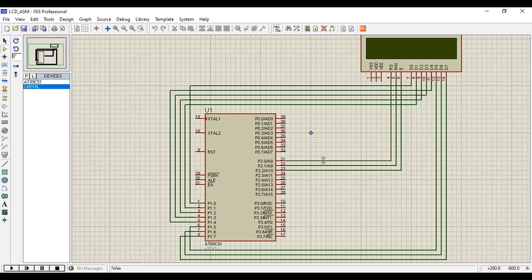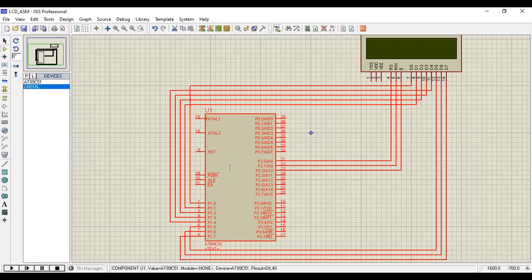I can delete the wire. Here P2.0 is there. Press here and you will get the wire. You can double click here to connect the wires. So port P1.0 to P1.7 are connected to data lines D0 to D7, port 2.0 is connected to the RS pin, port 2.1 is connected to read by write bar, and port 2.2 is connected to the enable pin.